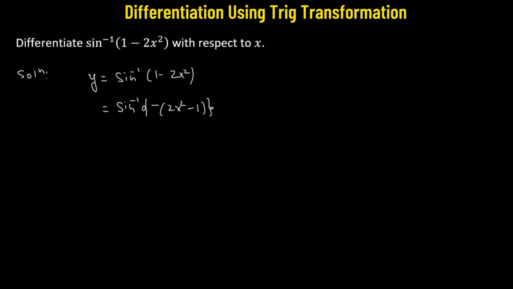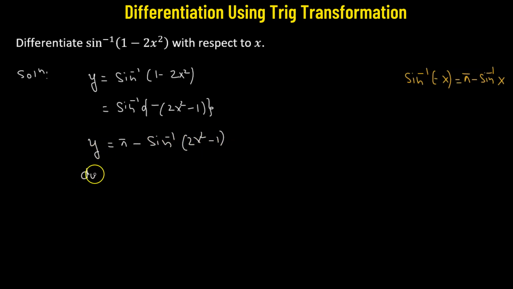Now here we will use a property of the inverse trig function, that whenever we have sine inverse of negative x, that becomes equal to negative sine inverse of x, such that our equation now becomes pi minus sine inverse of 2x squared minus 1. So this is the value of y. Now let's take the derivative on both sides with respect to x. So we have the derivative with respect to x of pi minus the derivative with respect to x of sine inverse of 2x squared minus 1, which will be equal to 0 since pi is a constant, and